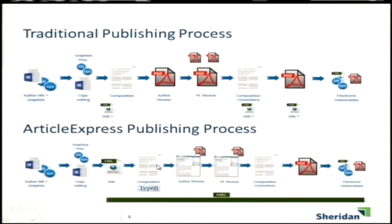Into composition, which is done with Typify. From there, it goes to author review through the ProofExpress system, which Charles will detail for you. Charles is the mad genius behind this, so